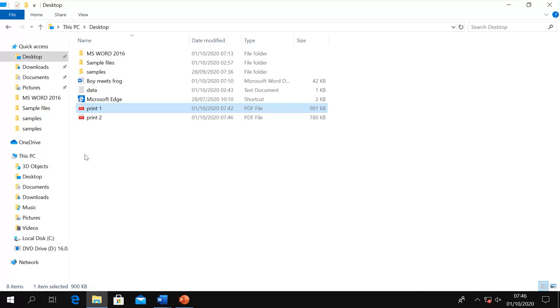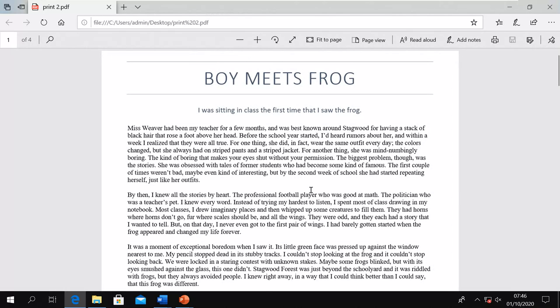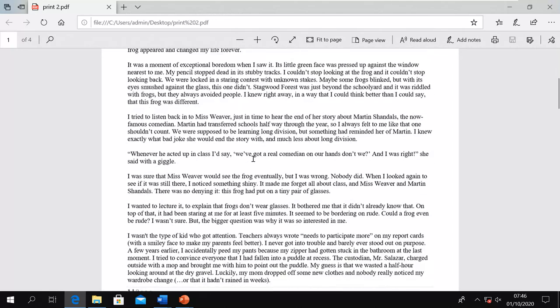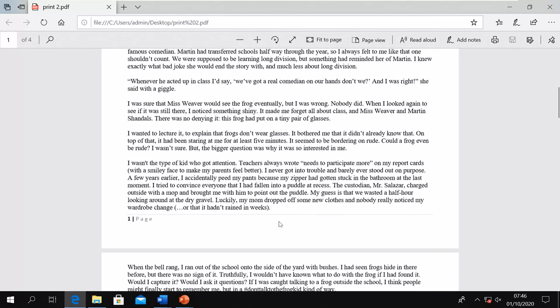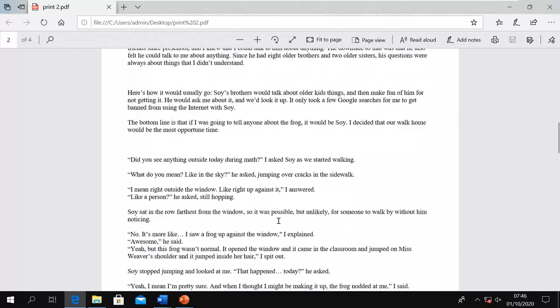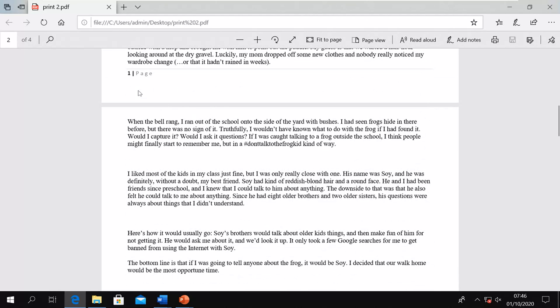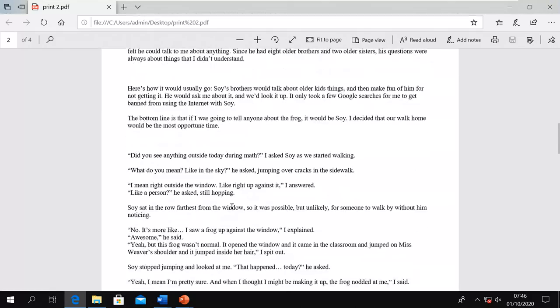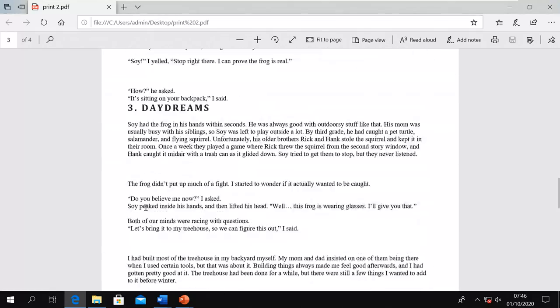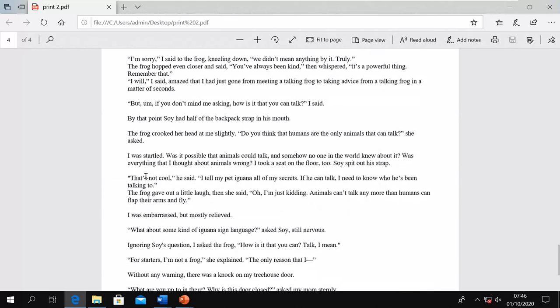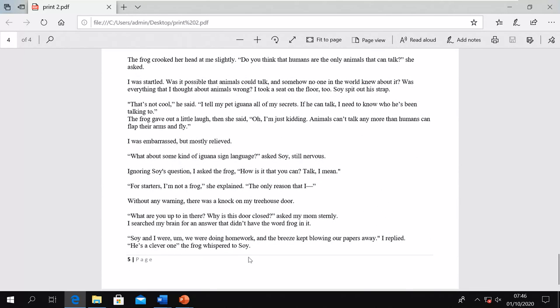Let's check what has been printed. So this is my print 2. Okay, page number 1, we can see it's page number 1. Then I have not selected page number 2, so I go to the second page. Now you can see directly it is page number 3, because I did not select page number 2. So after page 1, it directly printed page number 3, then page number 4, and then page number 5, and then done. It is not printing page number 6, 7, 8, 9. It has printed only 4 pages. That is what I selected.